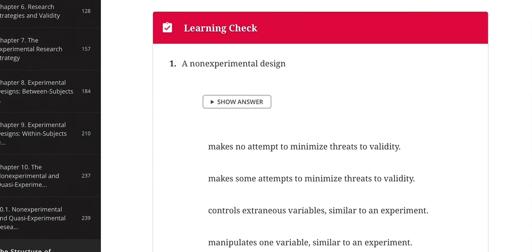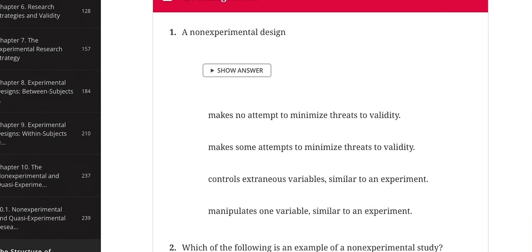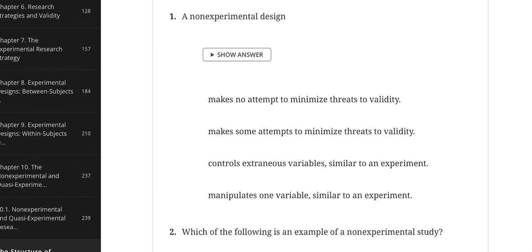Let's do the learning check real quick to wrap up this video, and then you guys will get to move on and learn more about what all this means. So for the first one, it says a non-experimental design, and then you have to finish that sentence. And so looking at these answers, if we start at the bottom,